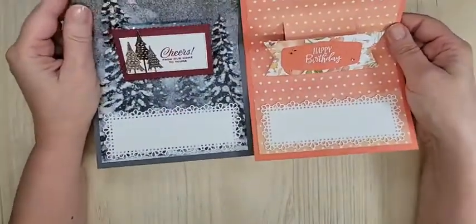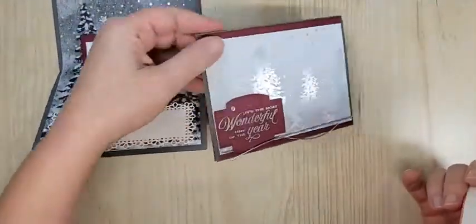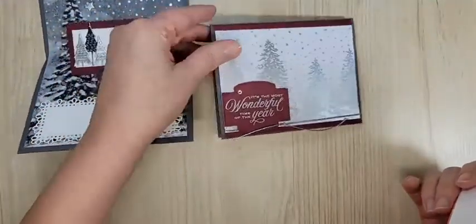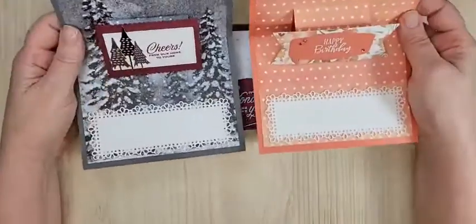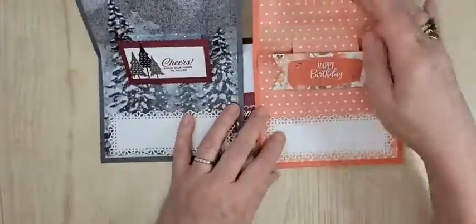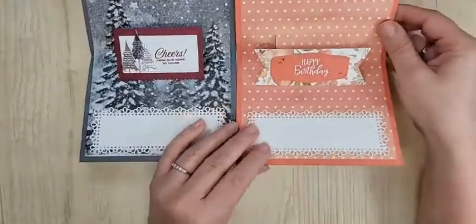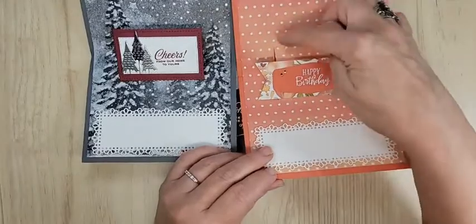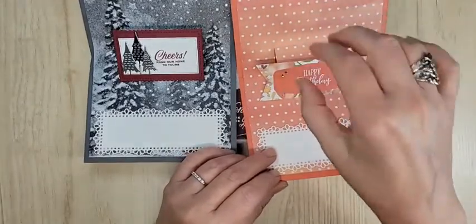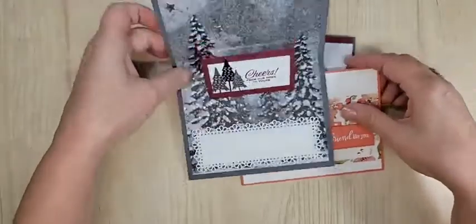So I would have to say these two are my favorite. I love this paper. I love the shine on it. Thank you, Debbie. Appreciate it. I didn't embellish anywhere else on this. I just didn't feel like I wanted to. Because there's already dots here, and to put little dots, that would be too dotty for me. Too dotty? Anyway,